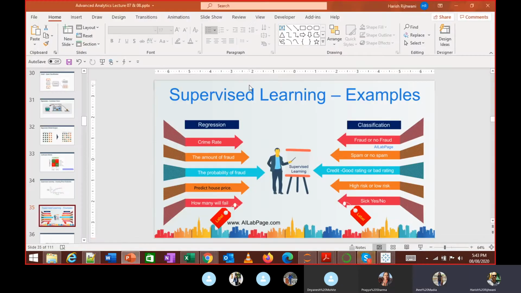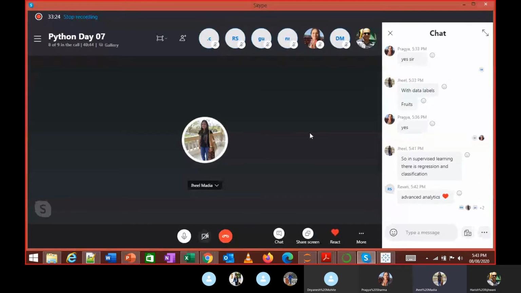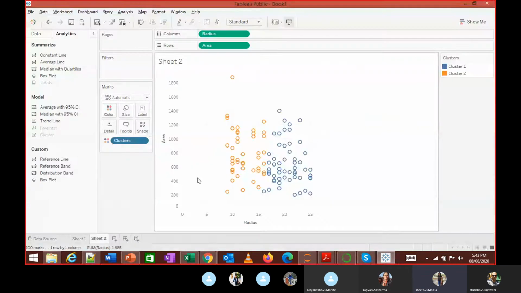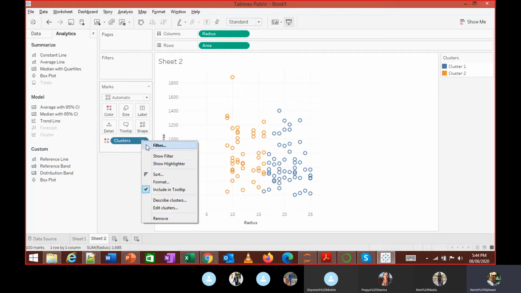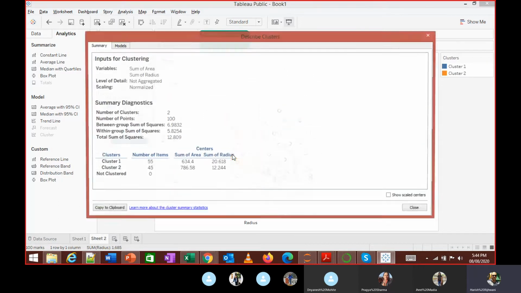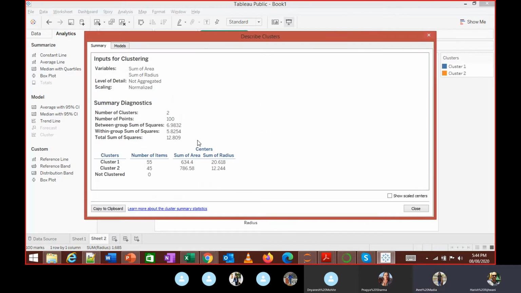So that means we cannot take radius and area to be two factors to understand whether the new data point will be benign or malignant. Does that mean that? No, I am saying this clustering is wrong. Because this is an inbuilt clustering, it's not really doing something. There's no label over here. Taking clusters this way, internally it's calculating some values. So if I describe the cluster, you can see what it does. Yeah, it's using some other method to calculate the clusters.